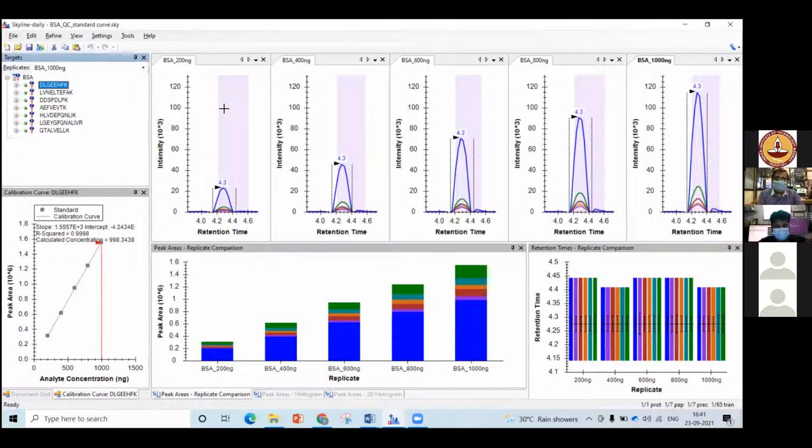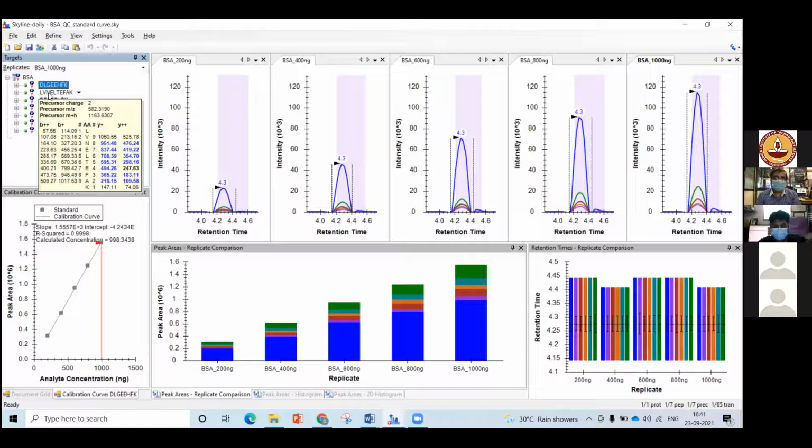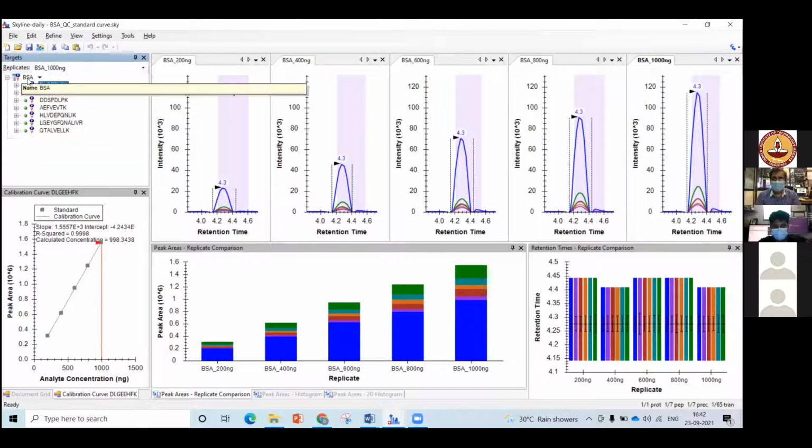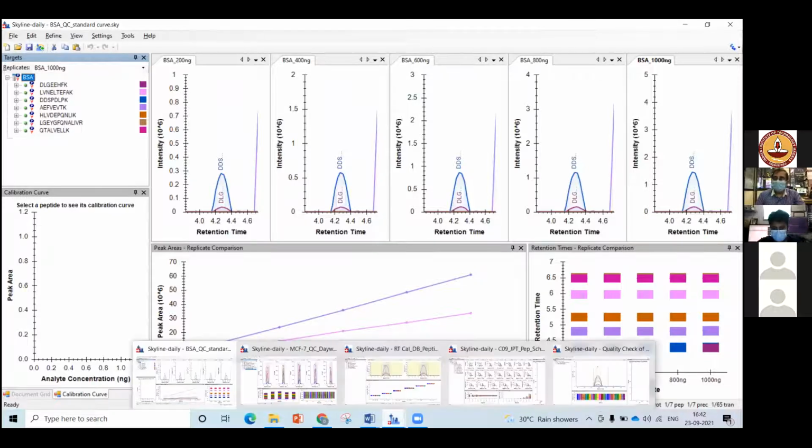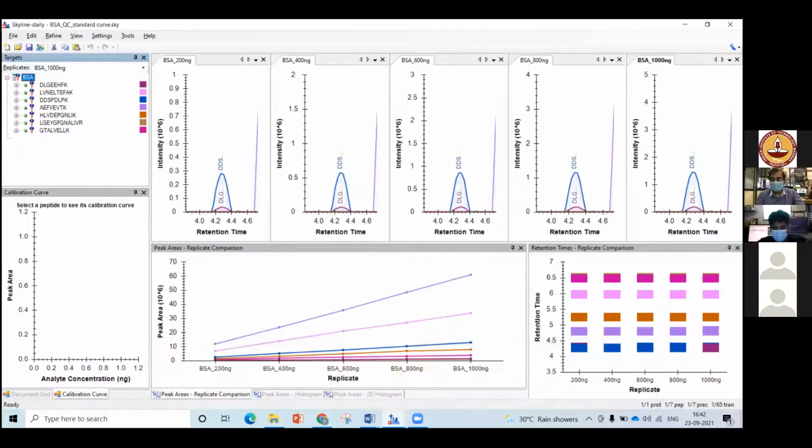Before you go to any kind of clinical assay development, it's important that you make sure that your instrument performance is being evaluated well, your pipetting, your concentration, everything is equilibrated well, and you have good quantification values for those. After doing these standard peptides, you also want to see what your limit of quantification could be, what your limit of detection could be, how low you can go for detecting these peptides. So that's what we are going to talk about next.